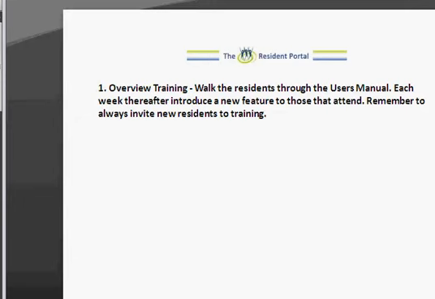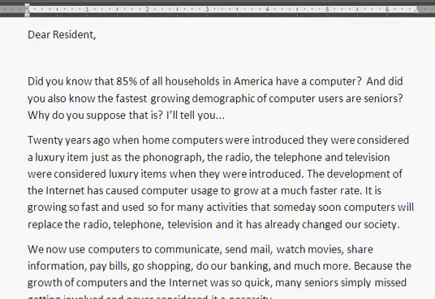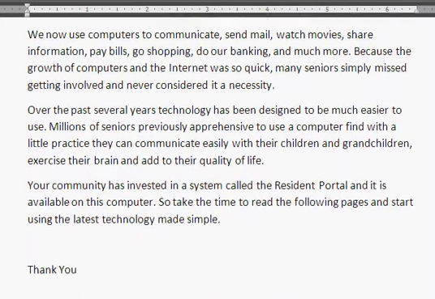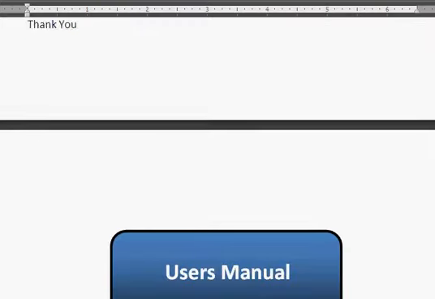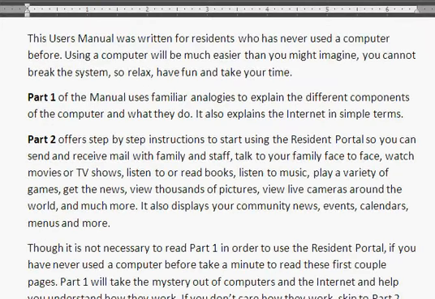This says walk the residents through the user's manual. We do have a user's manual for you. Let me find it. Here's one. Obviously, you brand this for your company. But what you'll do is you just print these out and put them next to the computers, and it really makes it simple. It's a user's manual for the resident portal, step by step, for the residents who have never